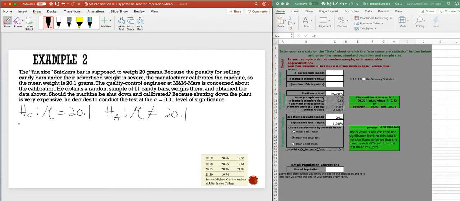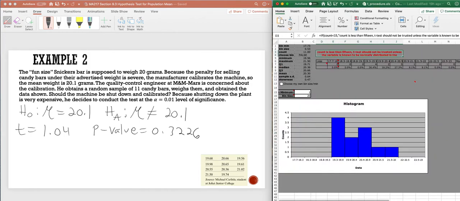So the t-statistic is 1.04, and the p-value is 0.3226. And we can check out this last tab here to see the histogram,